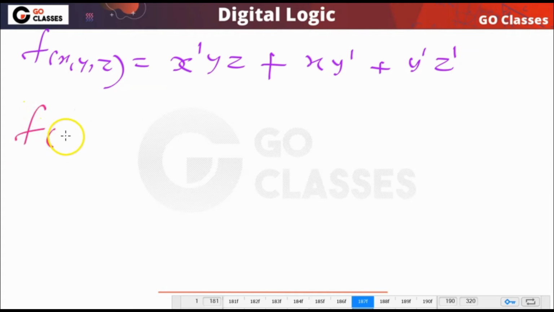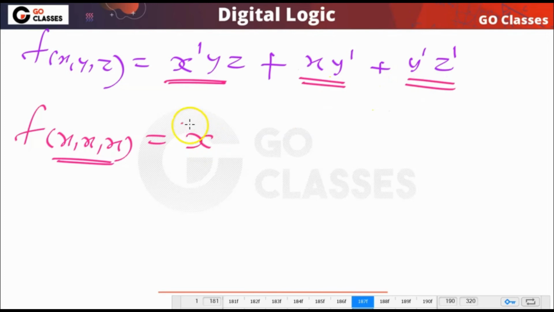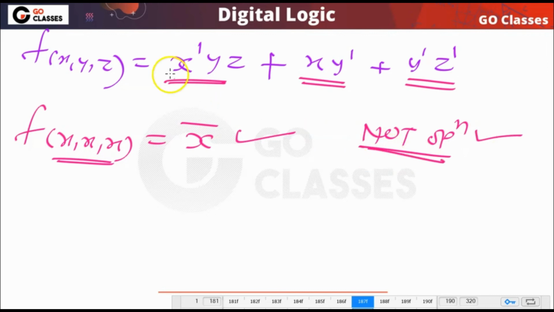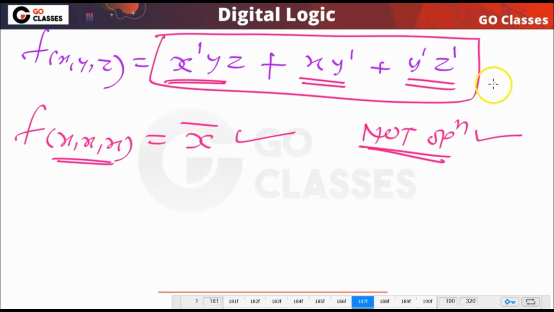If I replace everything with x, f x x x, then this will become 0, and this will become 0, and this will become x bar. So finally I will get x bar. So you can very easily create the not operation from this function.